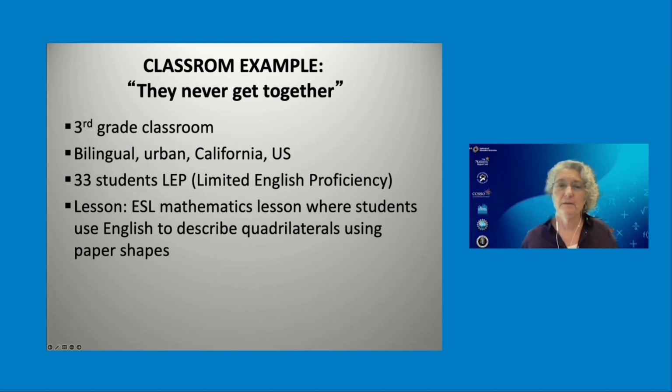The lesson the teacher explained was an English as a second language math lesson where students were going to use English to describe quadrilaterals using paper shapes. So typically the teacher is bilingual. Just this day, they're going to be speaking only in English. In general, the teacher introduced students to topics in Spanish and later conducted lessons in English. They'd been working on a unit on 2-dimensional geometric figures, and for several weeks, they had been discussing and using words such as radius, diameter, congruent, and so on. And particularly for this little video clip, the names of different quadrilaterals in both Spanish and English.